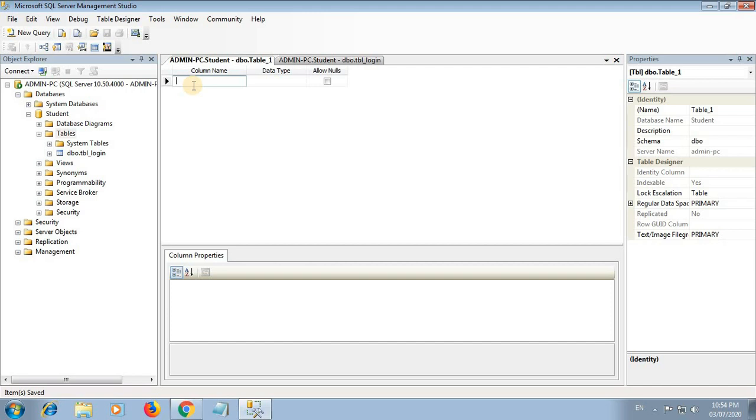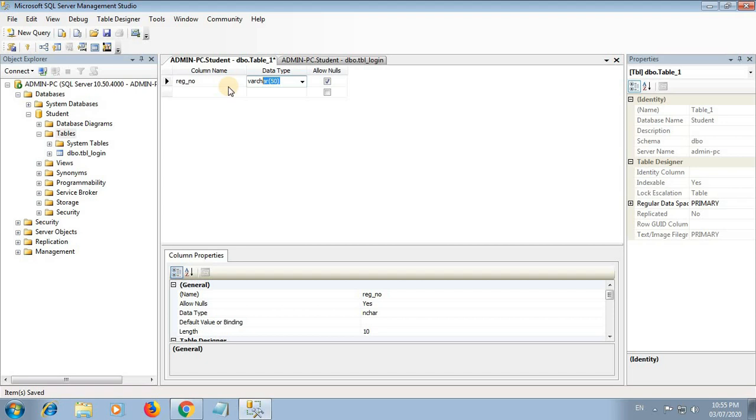Here the first column is registration number, and its data type should be varchar 50. Then s name, student name, it should be a varchar.